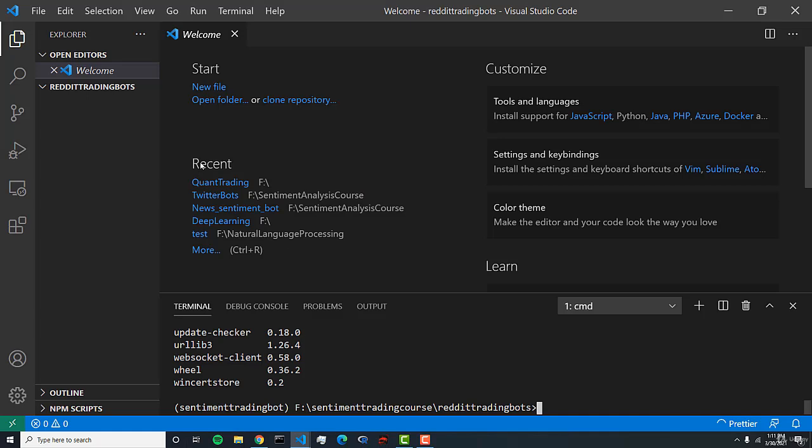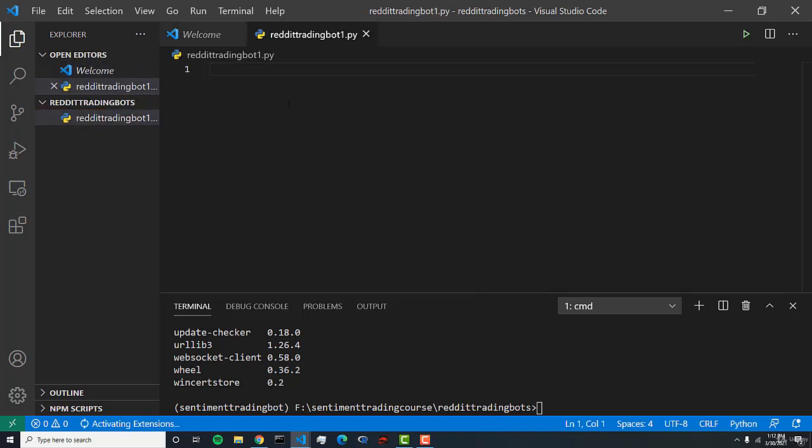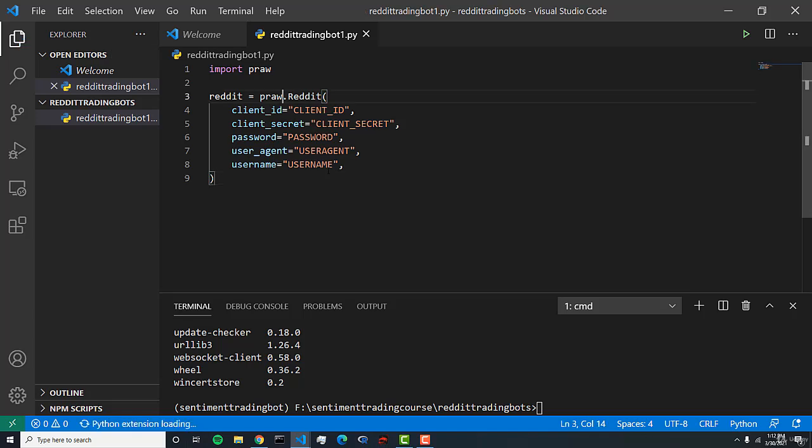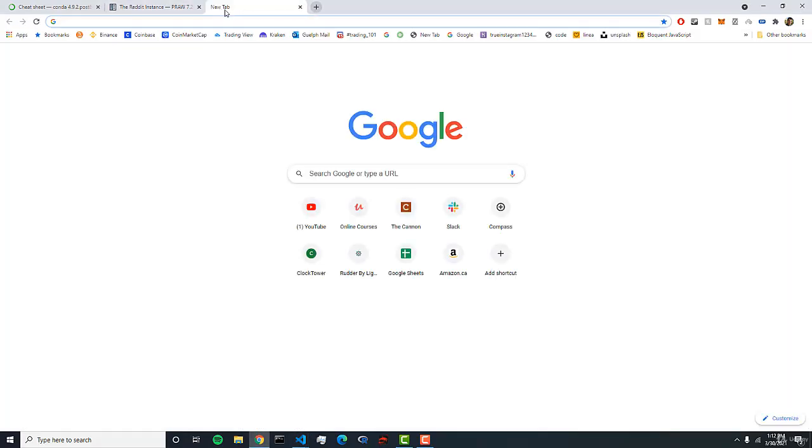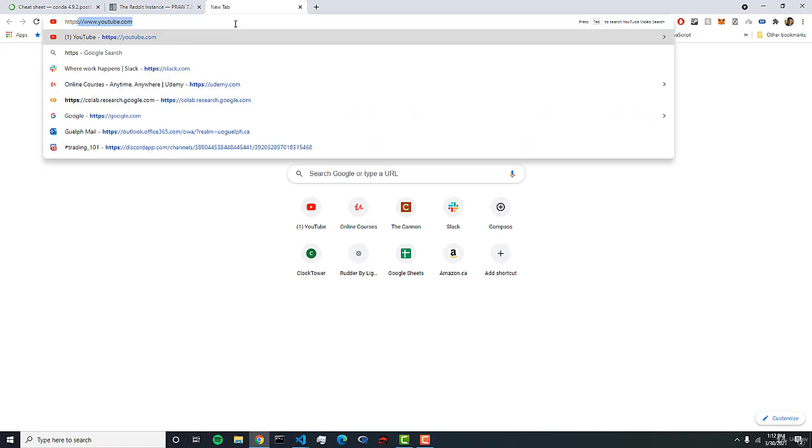So we can copy this, and let's create a new file here, and this is going to be called Reddit Trading Bot 1.py. And in here, let's just simply paste our code that we just copied. The next step is to find our details for this information. To find that, we need to go to Google or whatever your preferred web browser is, and search up this link,